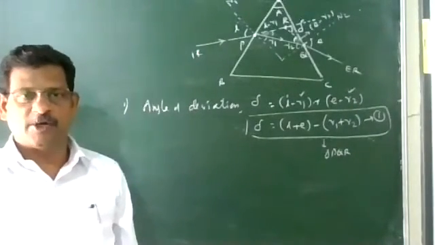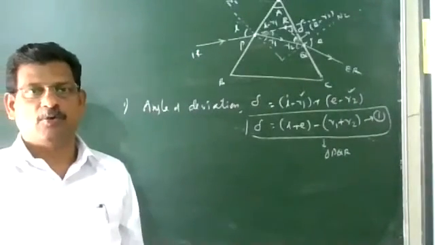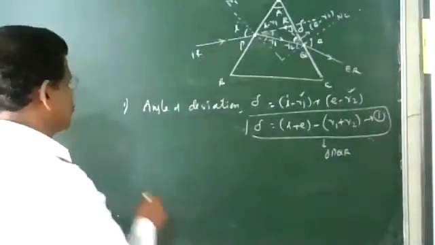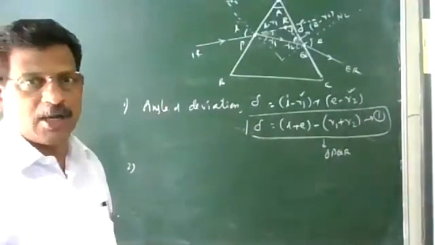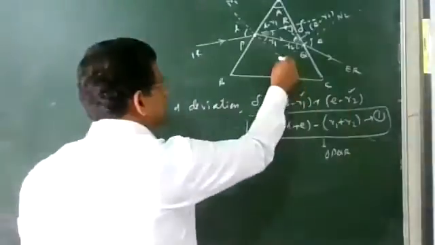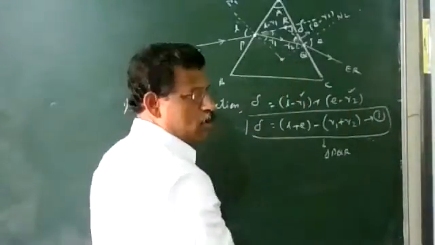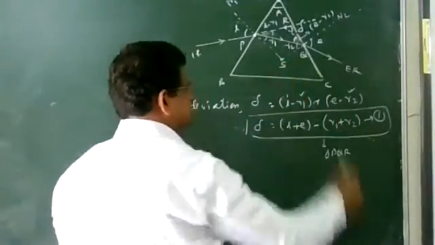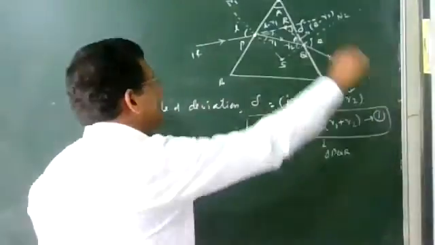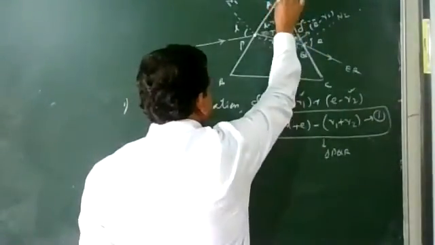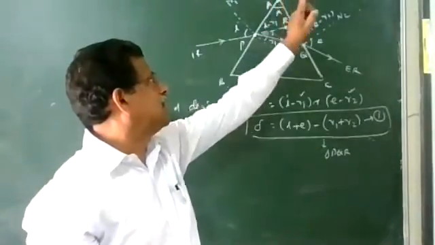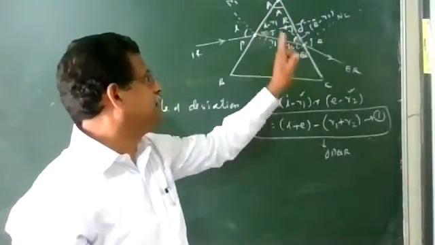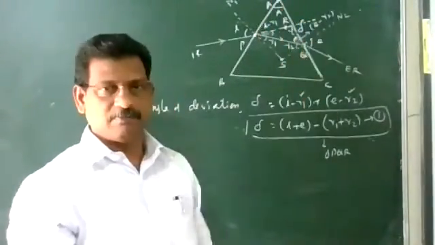Next point is we have to recognize R1 plus R2. We don't know what R1 plus R2 is. We have to find it. Point number 2. We are taking the quadrilateral. This is the meeting point of two normals. Let it be at the point S. And here on the top is A.